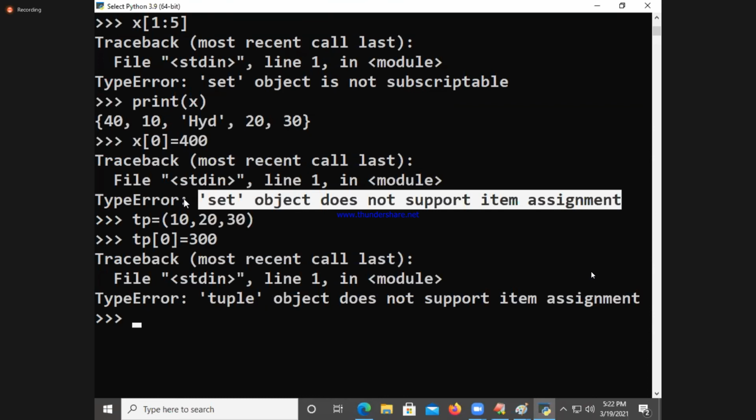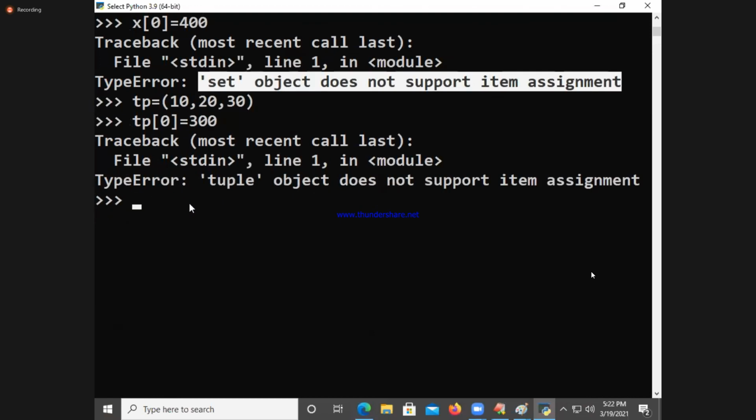In which case is it mutable? In the case of the add method. In which case is it immutable? In the case of item assignment. This is the answer to be given. If you say that it is immutable, it is a wrong answer. Are you getting it? Shall I move forward? What do you know about set?